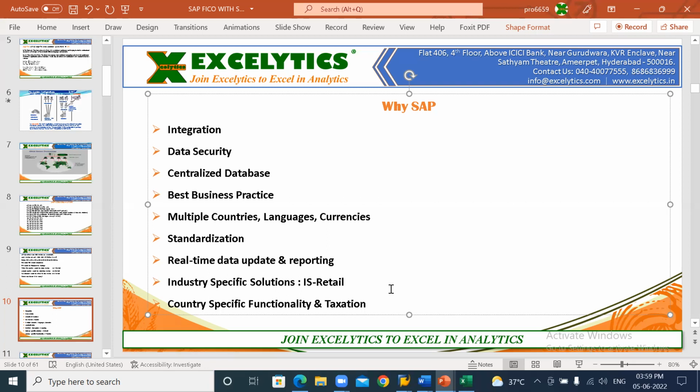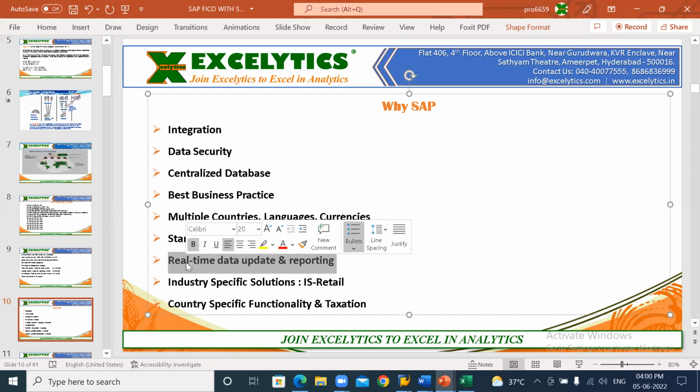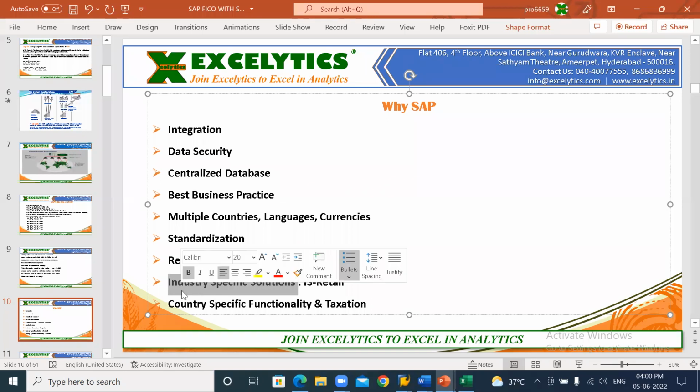Yes. So here, why SAP? Because of its integration feature, its data security feature, its centralized database feature, and the best business practice solutions it provides to users. At the same time, it can be used for multiple countries, languages and currencies, and standardization, right? And real-time data and reporting. The major feature, the reporting. And as I said, industry specific solutions. Why are small organizations migrating from other software to SAP? This is one of the reasons: industry specific solutions. And the next one, country specific